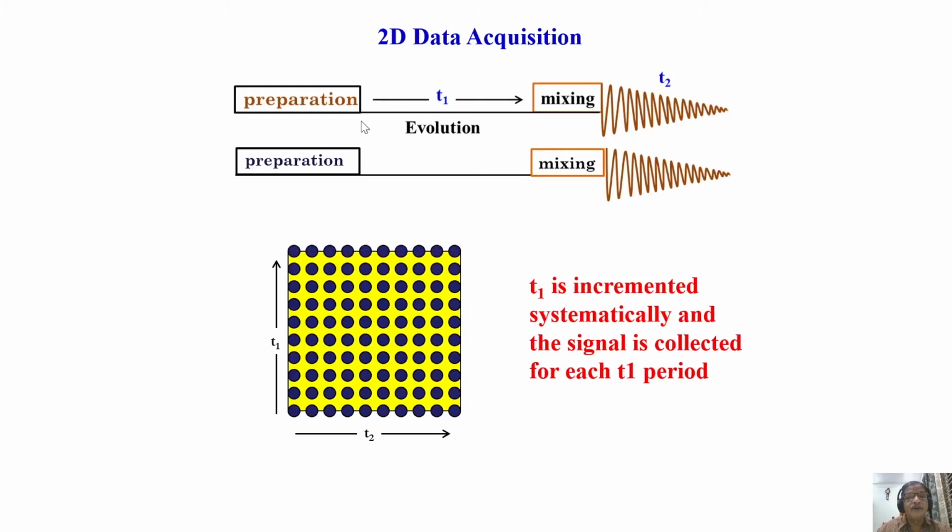Now we have completely acquired the signal in 2 dimensions. In the T1 dimension also we acquired signal. This is the T1 dimension. This is the T2 dimension, where the data is acquired over a constant period of time. So systematically we vary the T1 period, collect signal here and also collect here. This is basically what we do generally in most of the 2D sequences.